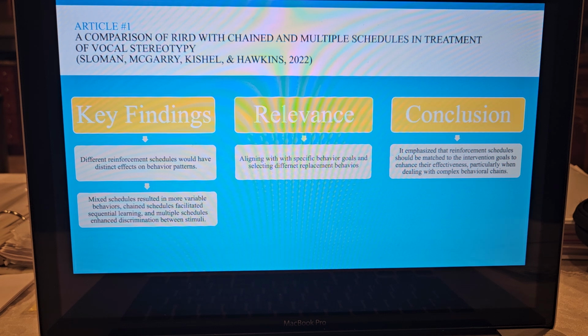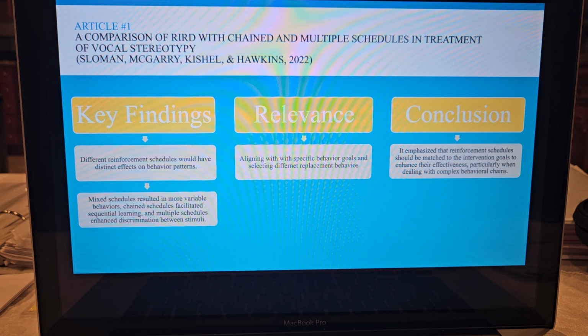The study hypothesized that different reinforcement schedules, concurrent, multiple, mixed, and chained, would have distinct effects on behavior patterns, particularly in specific targeted populations. Mixed schedules resulted in more variable behaviors, chain schedules facilitated sequential learning, and multiple schedules enhanced discrimination between the stimuli. The findings can directly inform the selection of appropriate reinforcement strategies in applied settings. This study particularly emphasized that